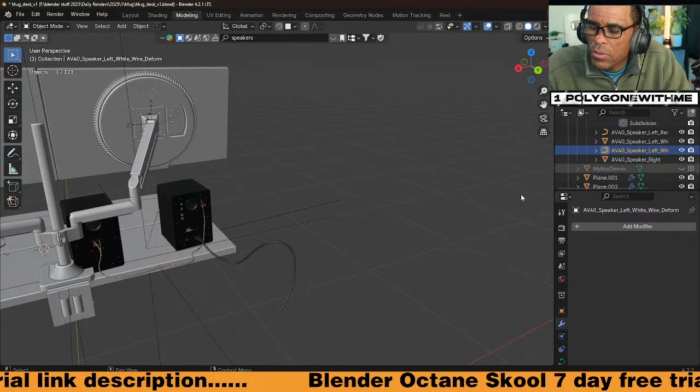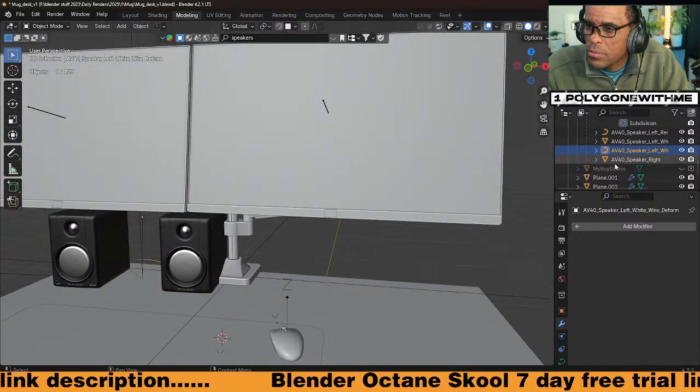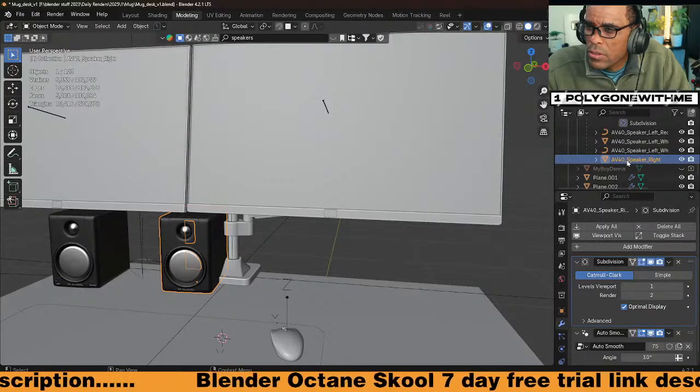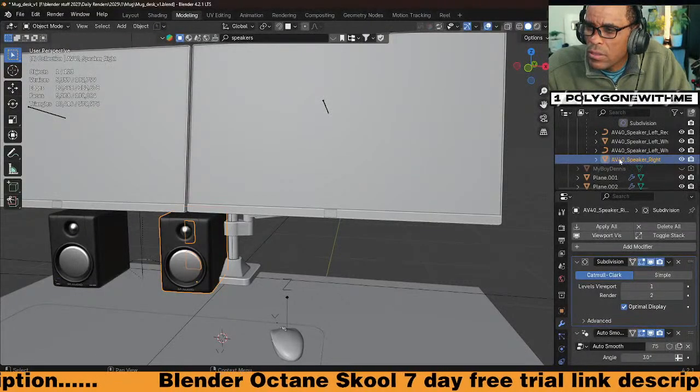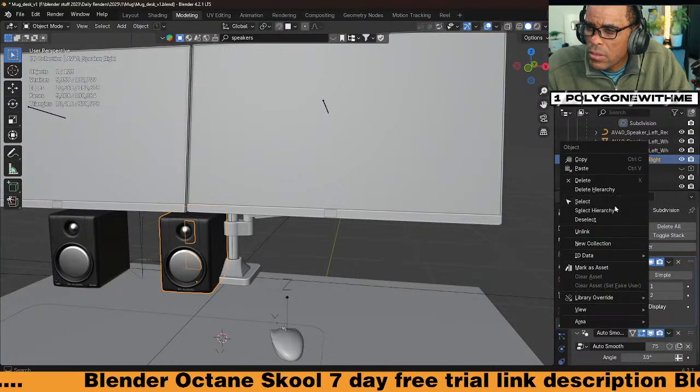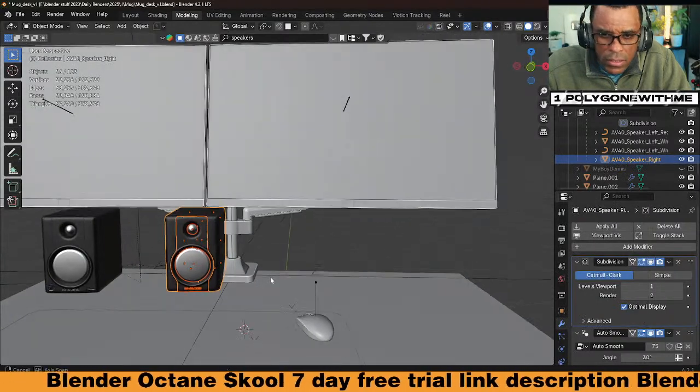Left speaker, right speaker, left speaker. Alright, right speaker. Select hierarchy.